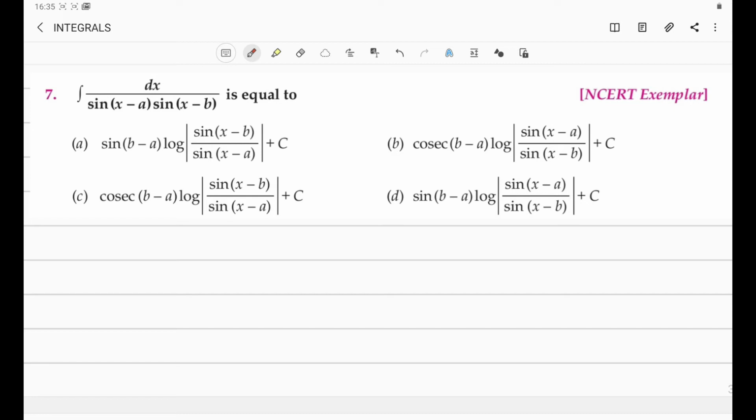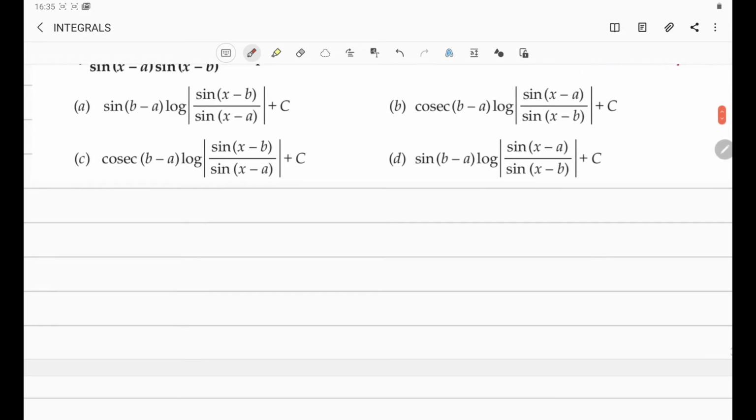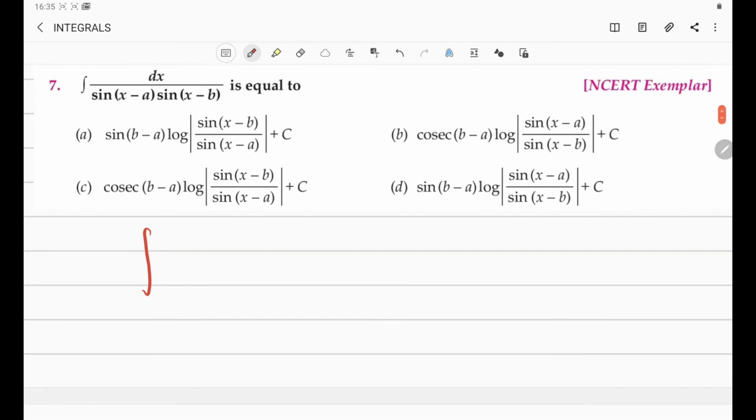Question number 7. Integral of dx by sin(x minus a) into sin(x minus b) is equal to. Whenever we have a product of two sine functions like this, or two cos functions, we have to multiply and divide with the sine of the difference of these two angles. So, we write this as integral of dx by sin(x minus a) into sin(x minus b) into sine of (x minus a) minus (x minus b), the